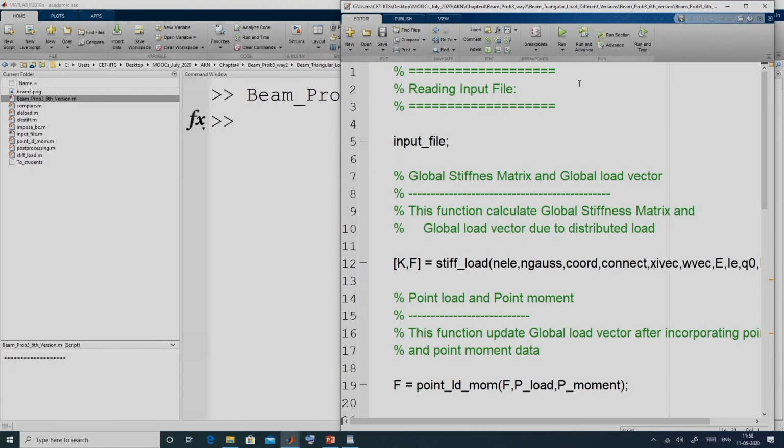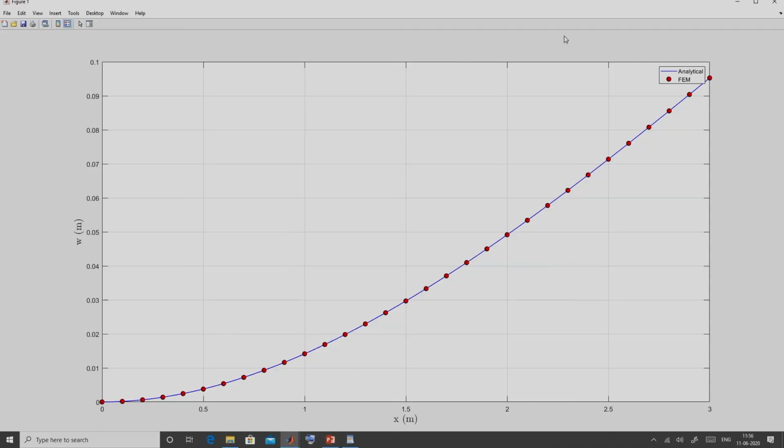Now, if we run our modified program, this blue graph is our analytical result, and the FEM results are the red points. This result corresponds to our 3 element mesh.